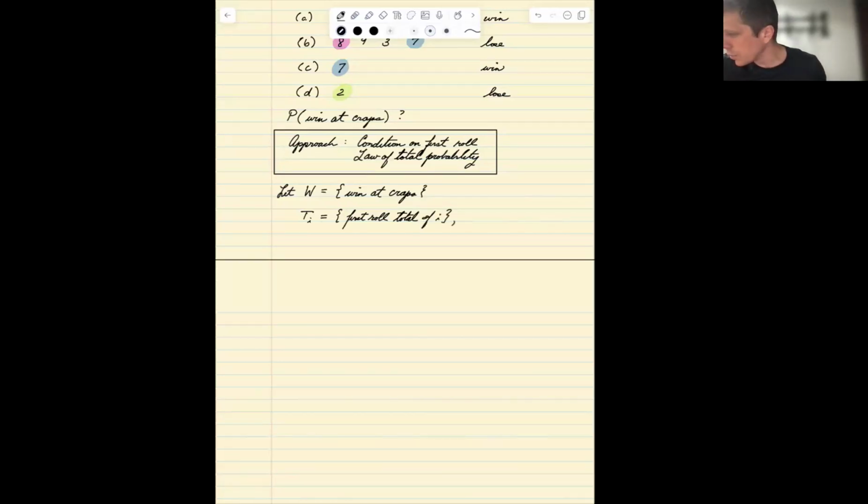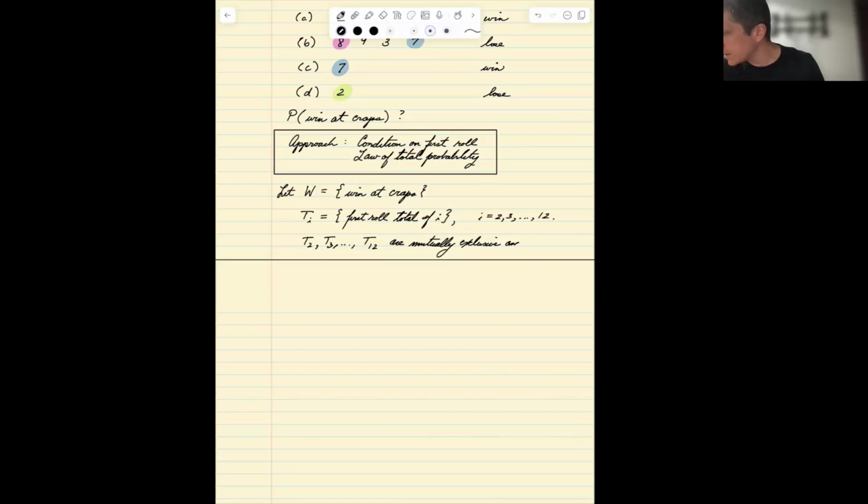And this is, of course, for I from 2, 3, up to 12. Okay. So the events, notice that the events T2, T3, up to T12 are mutually exclusive and exhaustive. So if I roll a 6, in other words, T6 occurs,